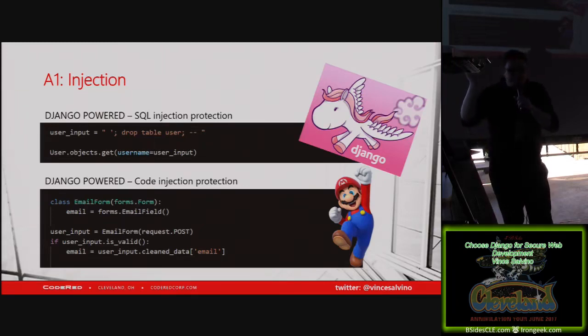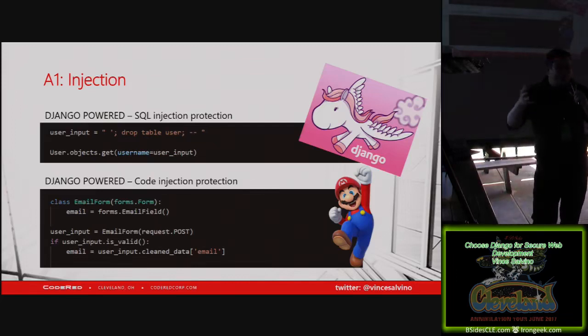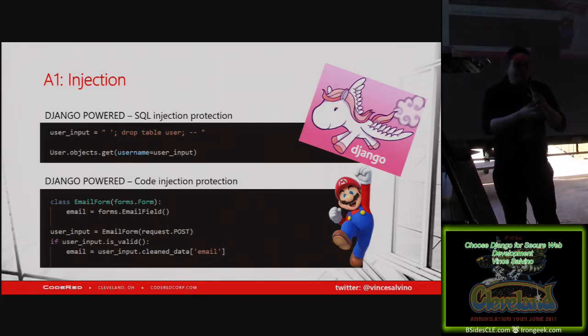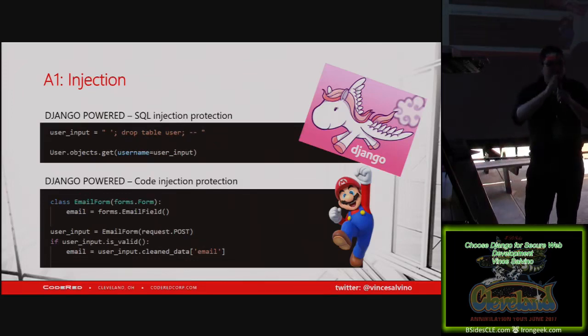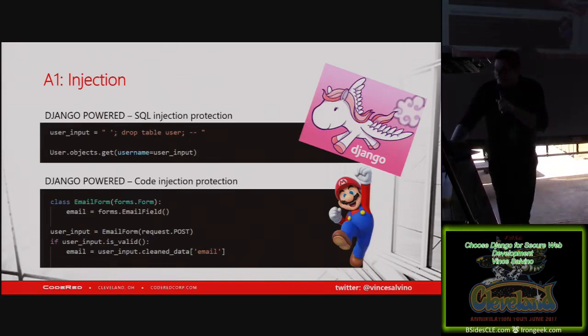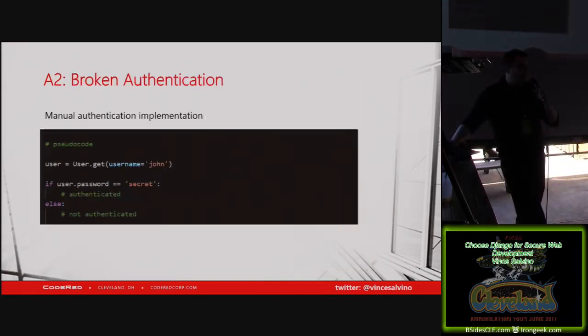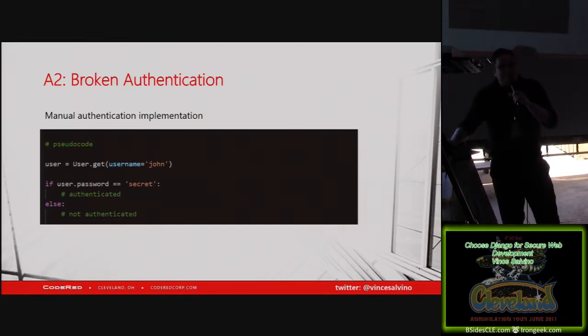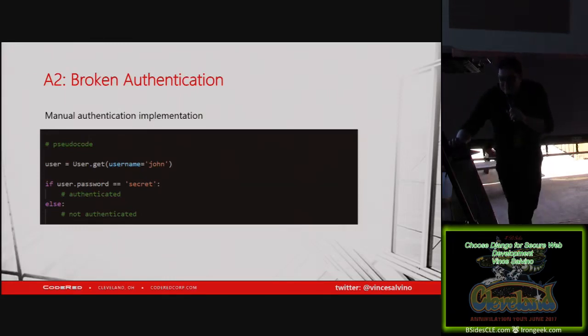When someone submits it, instead of grabbing the email field directly, you'll just say, make an email form out of the post data from that request, and you can just essentially run form.is_valid, and it cleans everything, it checks if everything's valid, it's a ton of really great built-in stuff, and you can call form.cleaned_data email, and it gives you that email fully parsed out, all the script tags removed, everything escaped, really good stuff. So you're protected from both code injection and SQL injections with Django right out of the box.